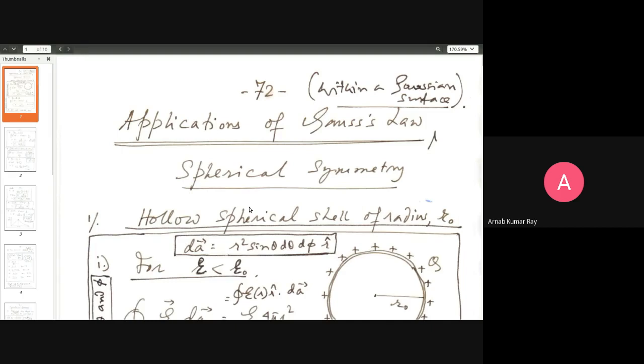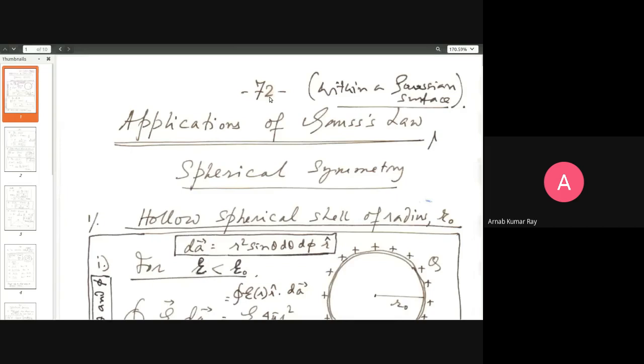So let me just briefly recall the sequence of lectures that we followed. We went up to Gauss's law, the basic principles of Gauss's law, a basic understanding, and I supplied you notes up to page 66. Then this set of notes starts from page 72. I am skipping a little ahead. I shall later come back to page 67 and onwards, but for the time being, I'm skipping a little ahead